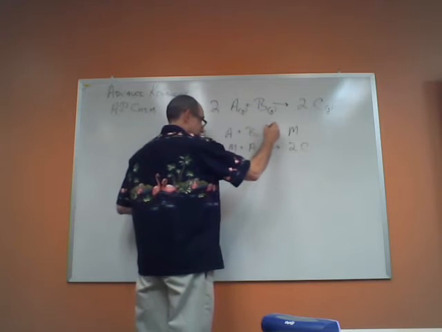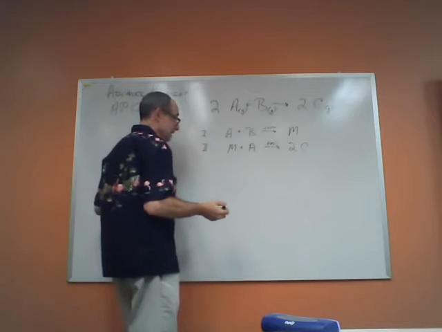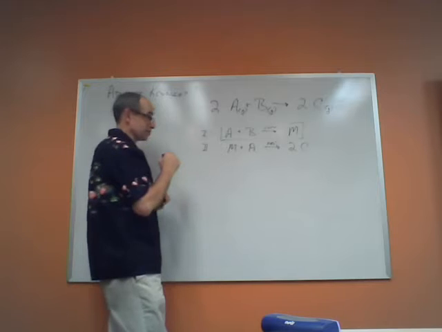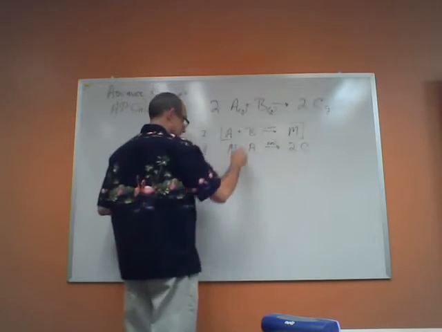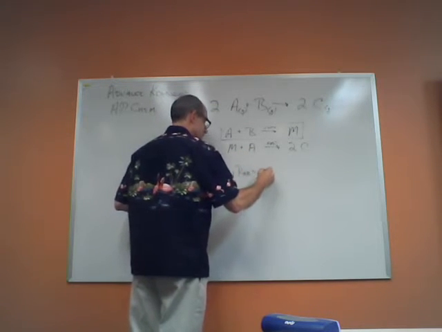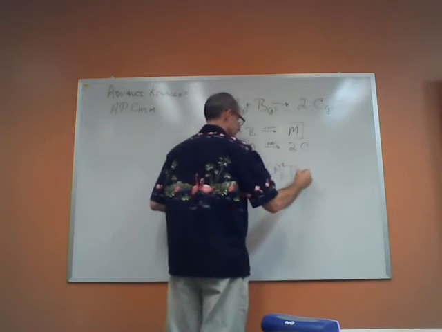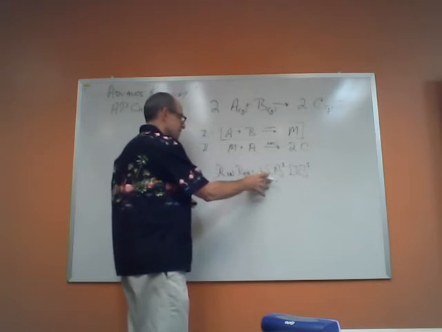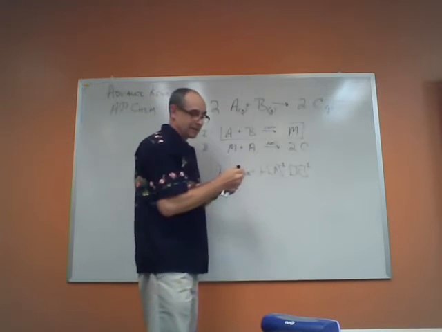So if this is our slow step, and this is our fast step, then the rate of the overall reaction will depend on the rate of the slow step. And since this involves 1 particle of A and 1 particle of B, we would expect that the rate law would tell me that the reaction rate equals K times the concentration of A to the first power times the concentration of B also to the first power. So the rate law is going to reflect the stoichiometry, not of the overall reaction, but of that rate determining